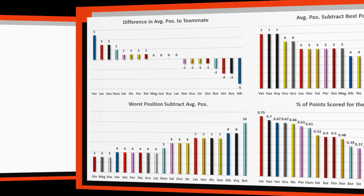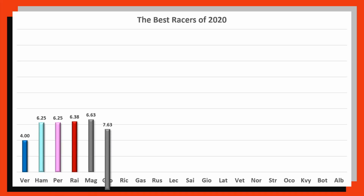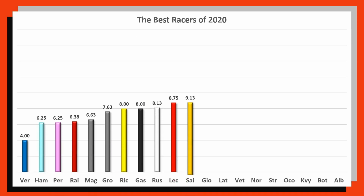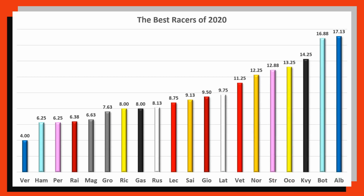And so I have collated all of these 8 ranks, given each driver one of them, and then averaged them out, and we end up with a table that looks something like this. We have the best racers of 2020. Max Verstappen leads, from Lewis Hamilton, from Sergio Perez, joint over the 8 ranks. Then Kimi Raikkonen is up there, as are the 2 Haas cars. Then it's Ricciardo, Gasly, Russell, Leclerc, Sainz, Giovinazzi, Latifi, Vettel, Norris, Stroll, Ocon, Kvyat, Bottas, and Albon had the worst